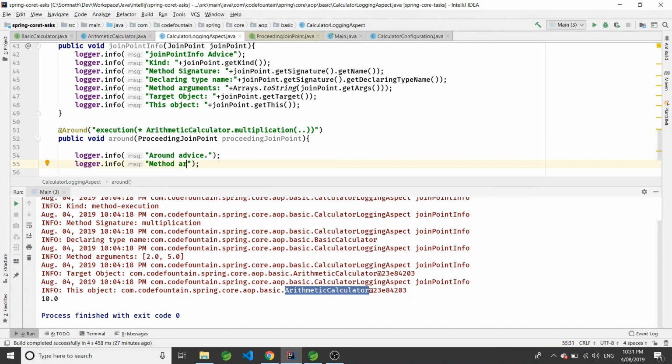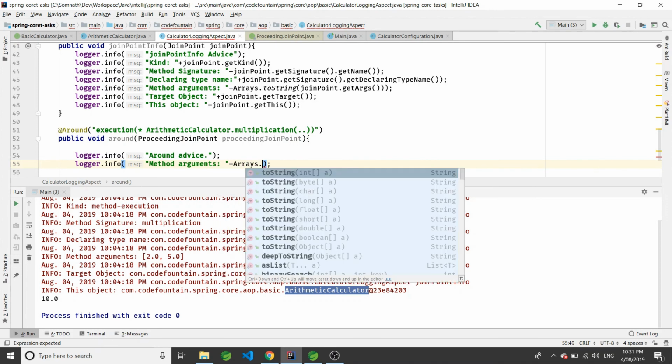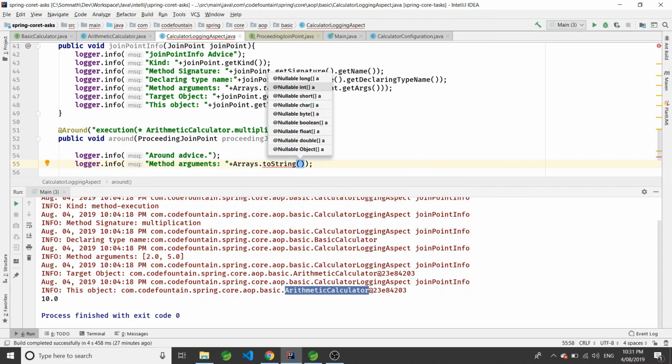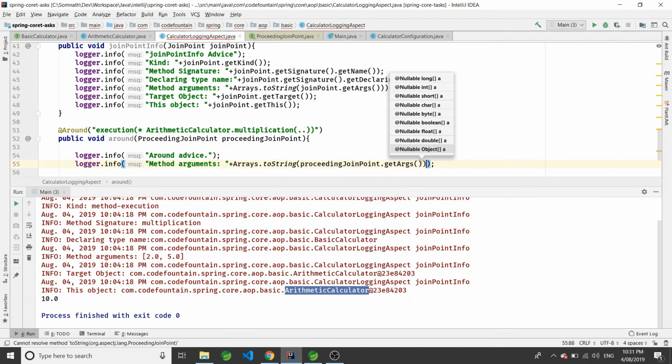Not method signatures, we're going to talk about the method arguments. So let's see what we are passing. Okay, so we're printing those arguments.